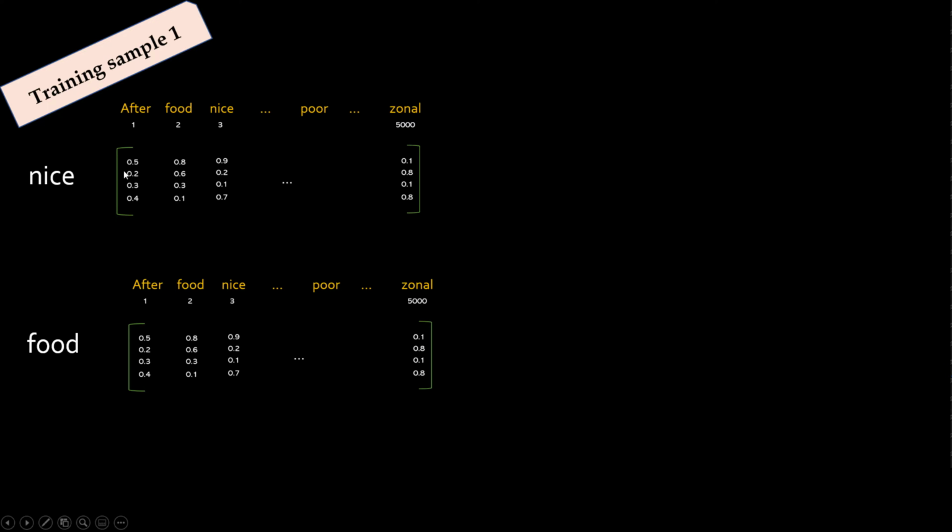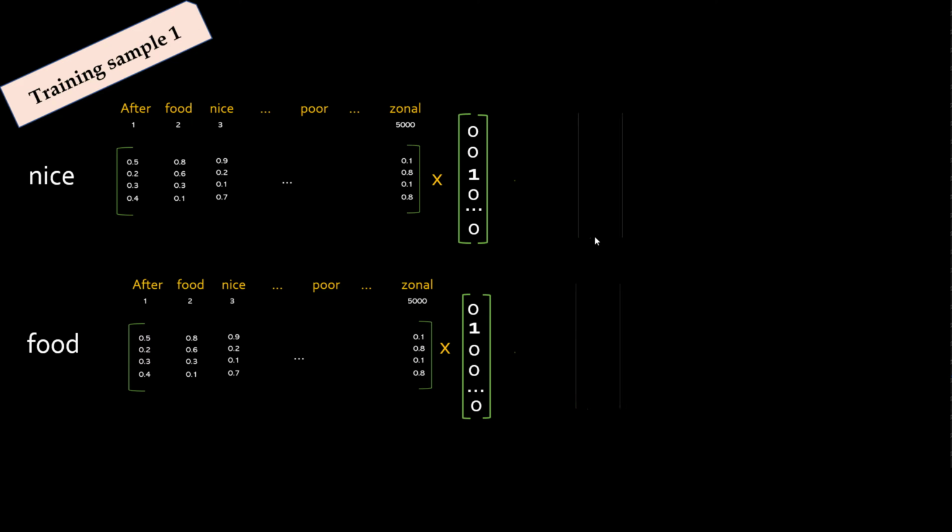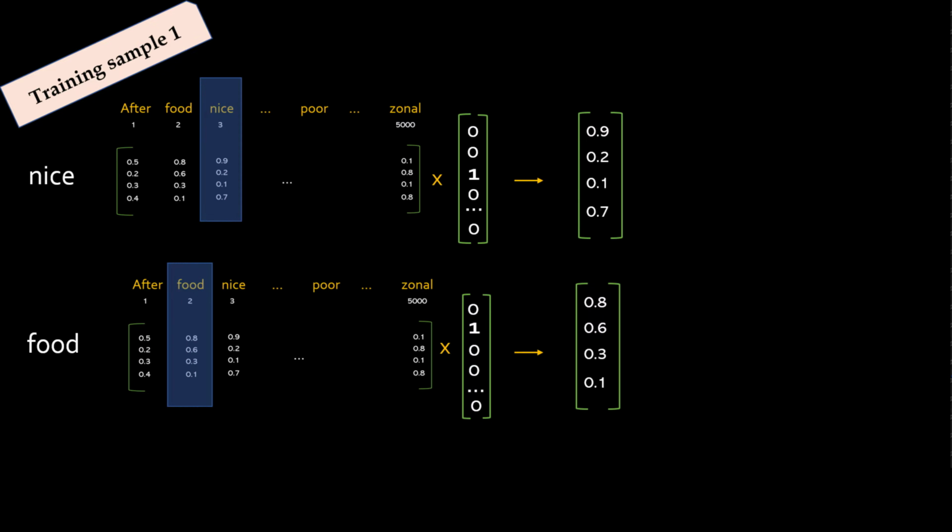Let's say these are the weights 0.5, 0.2, 0.3. These are randomly initialized at the beginning. Now you take the one hot encoded vector for the word nice. You see nice is the third word, so 001, and you multiply it with the embedding matrix. If you know about matrix multiplication, what will happen as a result is you will get this particular column, because